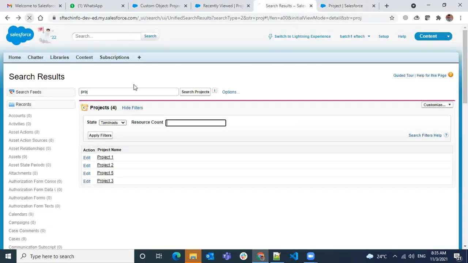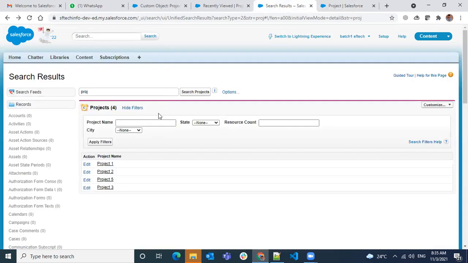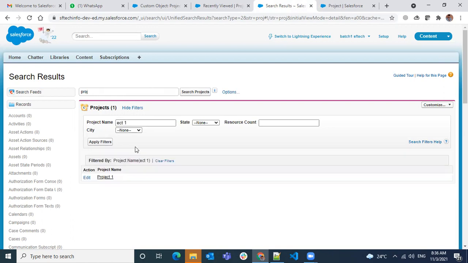And then I'm doing a refresh. Okay, now I have searched with this one. And now you see more options. Project name, anyway, we have searched. And city also is one. So I want to match with something called ECT space 1 and apply filter.